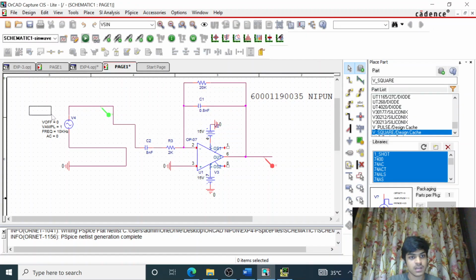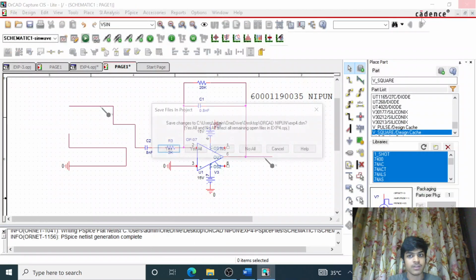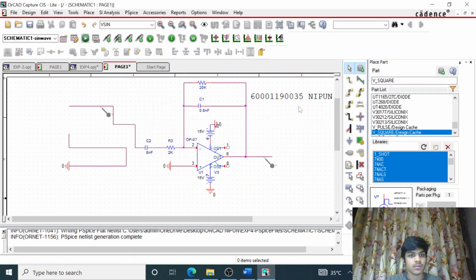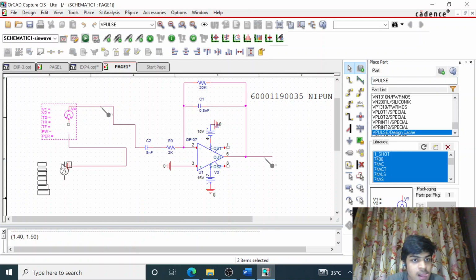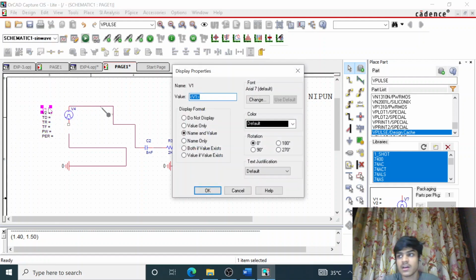Now I'll be showing the ramp input. I'll be inputting a ramp waveform by searching in the components list, that is V pulse. I'll be filling in the parameters.